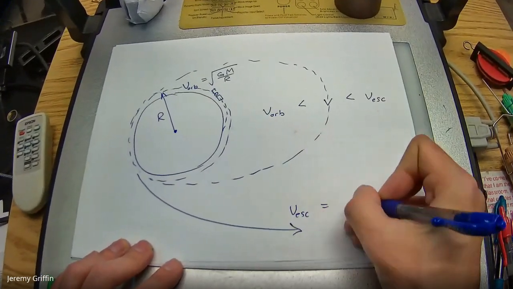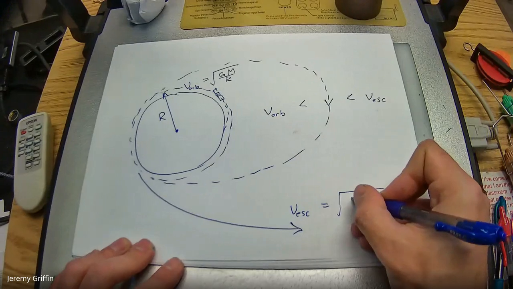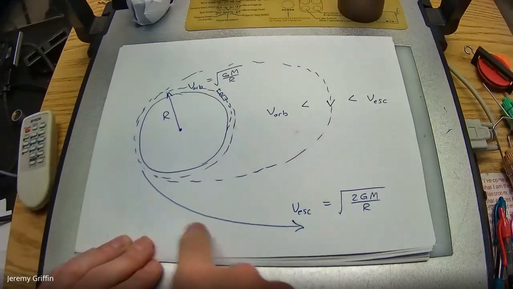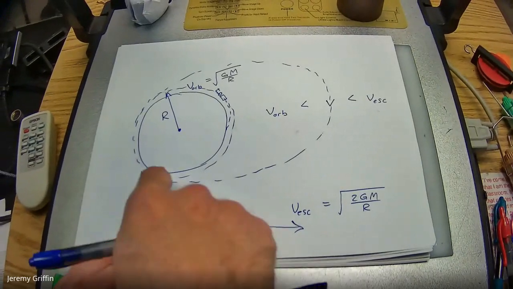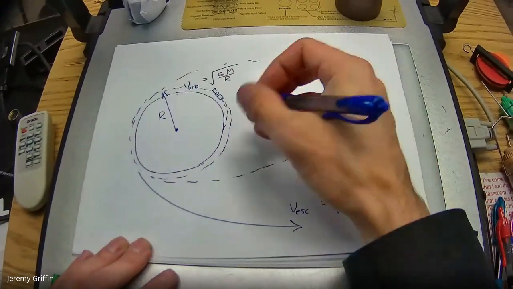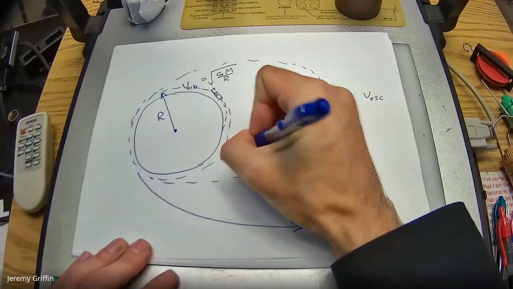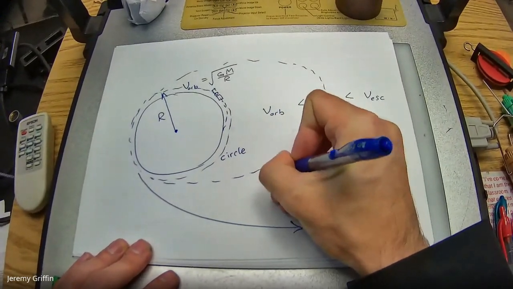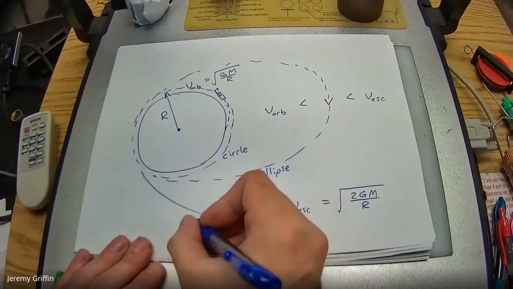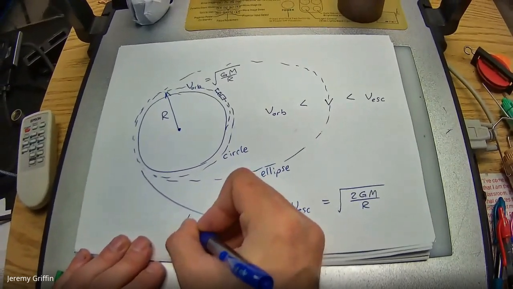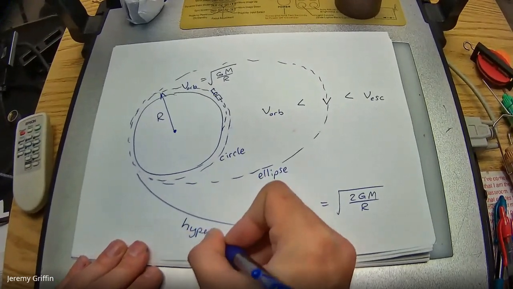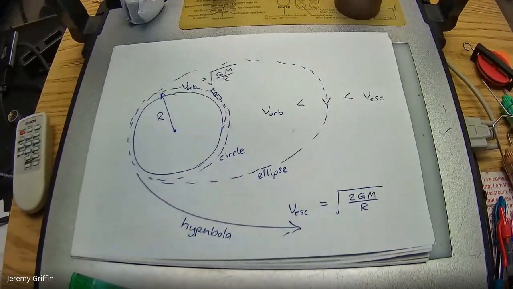And of course, if you do get going fast enough, then you eventually reach escape speed. If you're directed away from the planet, going at least this fast, square root of 2 G M on r, then now this path is definitely not elliptical, because that would loop back around. Okay. So here's a circle, here's an ellipse. What shape do you think this path is following? Starts with an H. Hyperbola. Yeah.